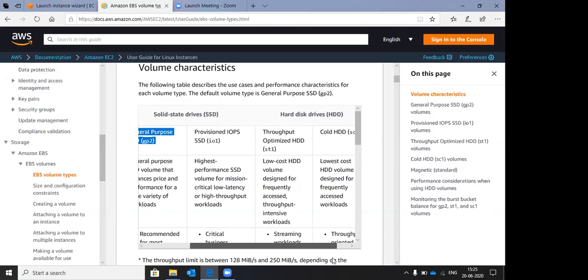See, there are two disks. You keep in mind. One is your SSD. The other one is HDD. From an EBS perspective, there are only two aspects. One is super performance. The second one is nominal performance. That's all. Got it?